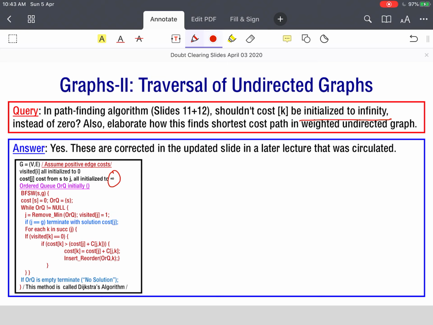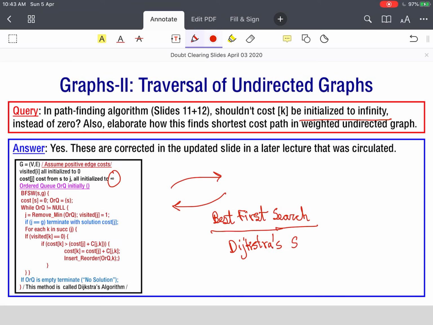We had discussed a detailed algorithm of the shortest cost path in a weighted directed graph, and we have said that for an undirected graph, you mark both the edges this way. The undirected edges are converted to two directed edges of the same weight, and the same algorithm which we did, which was the best first algorithm, will work. So we have done that in a best first search algorithm, which is also known as Dijkstra's